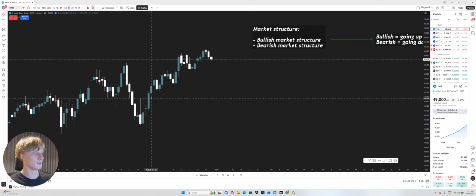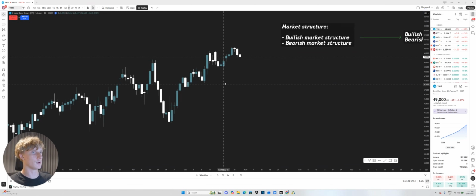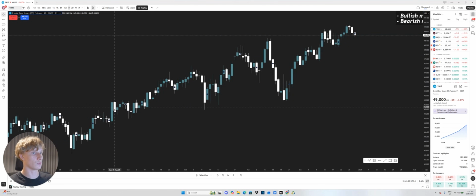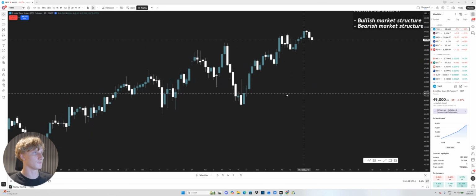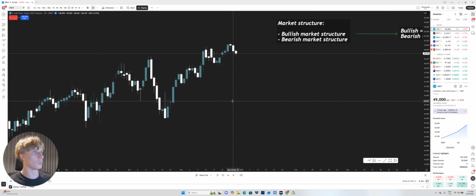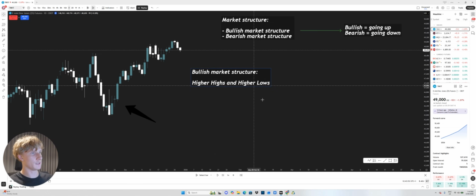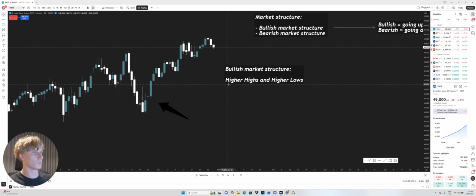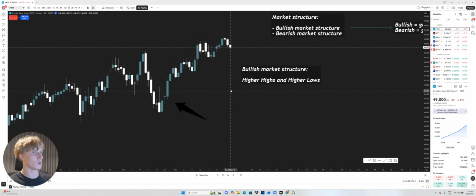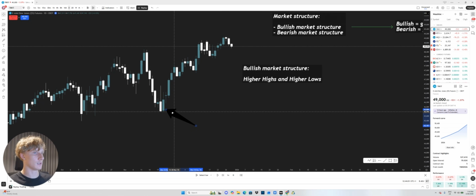The price action right here is quite obvious to identify as going up. However, there will be times, for example just over here, where yes, it is kind of going up, but it's harder to identify. So it's important that we put rules on what bullish and bearish market structure are, so that when it's not this easy, we're still able to navigate the market. So what is bullish market structure? Bullish market structure is when we are seeing higher highs and higher lows. What does that mean? If we take a look at this right here, this would be considered a low. This would also be considered a low. However, this low is higher than this low, in the same way that this is a higher low.